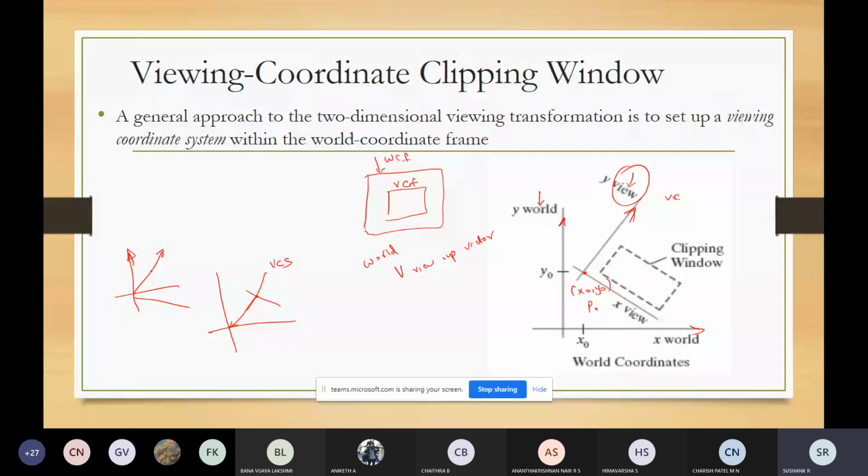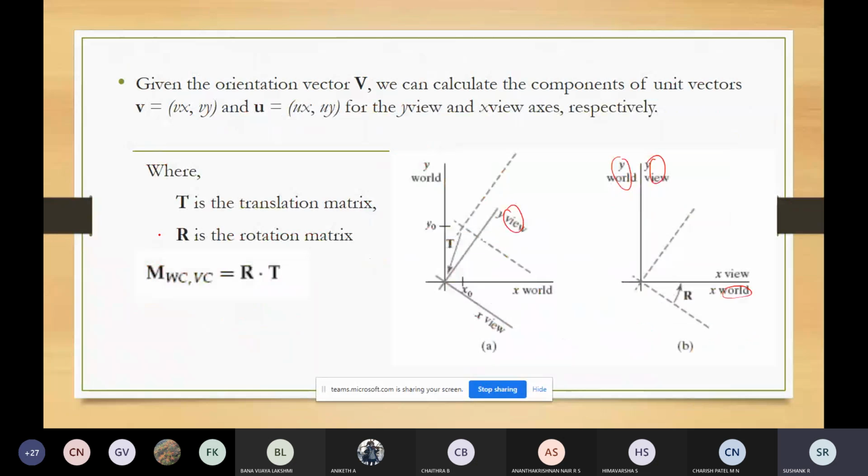So they rotate this line by some theta. That is what is being done. So an alternative method for specifying the orientation of this viewing frame is to give the rotation angle with respect to either the x world axis or the y world axis.